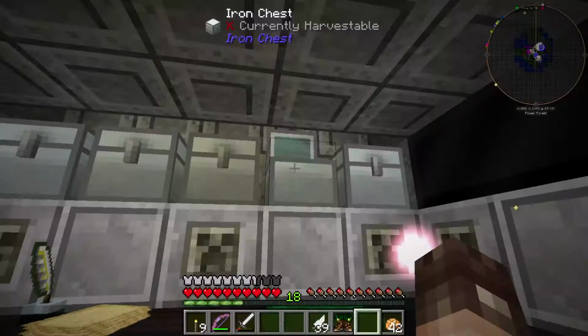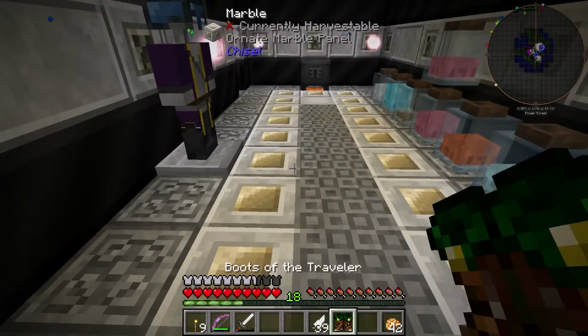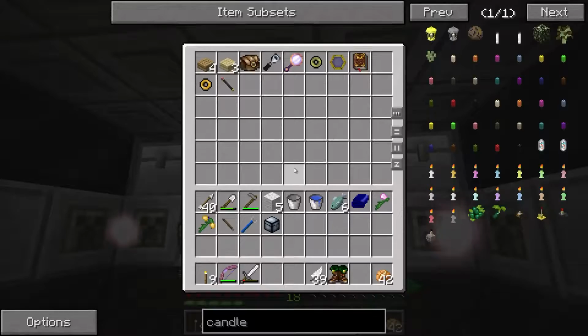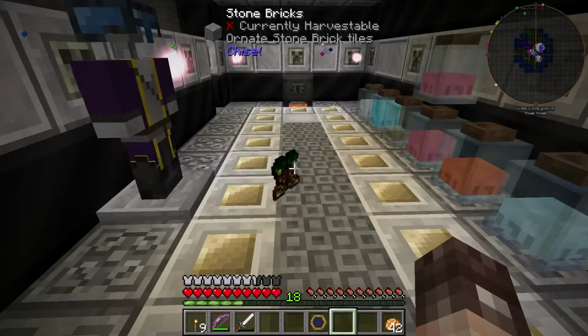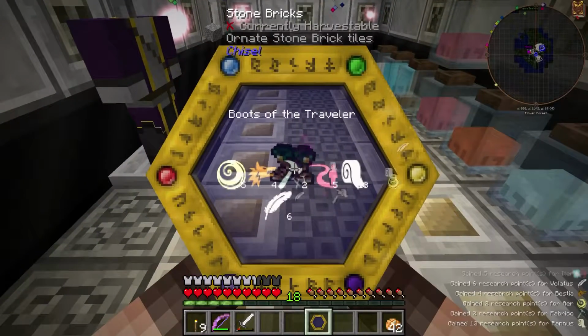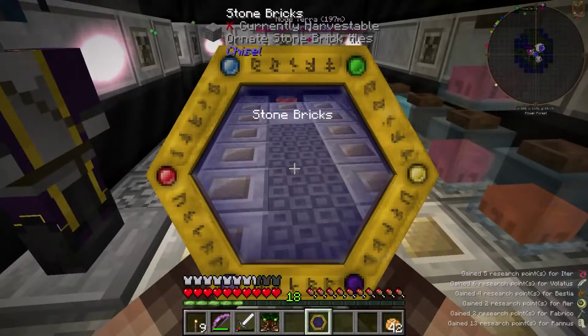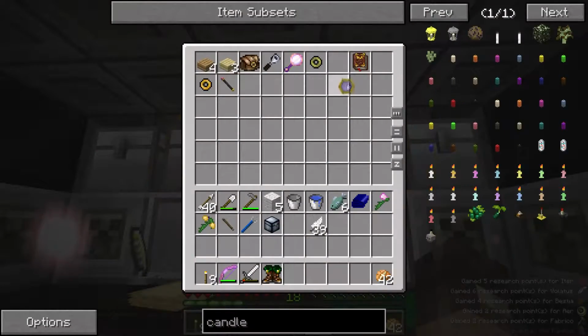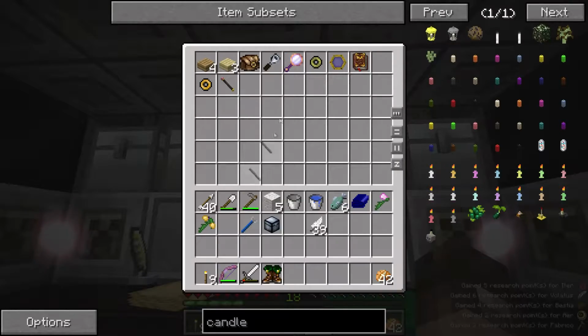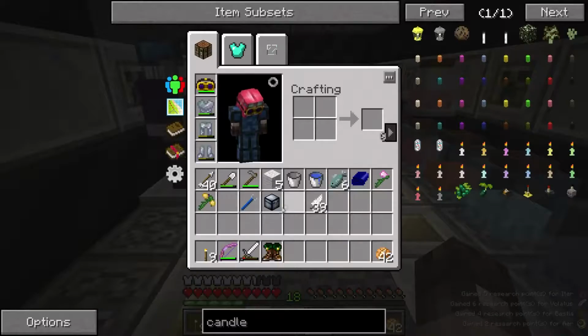Our awesome boots. Now I do want to scan these. Do want to scan these, so let's queue those. There we go. Always worth doing. So that is Boots of the Traveller. So why don't we just very quickly...